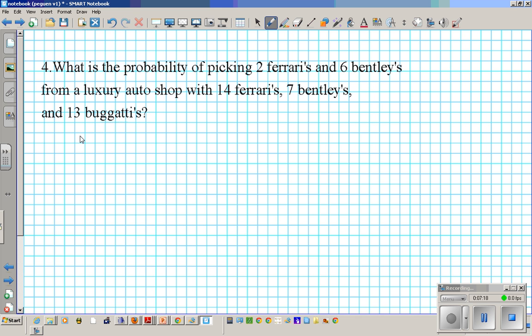It says, what is the probability of picking 2 Ferraris and 6 Bentleys from a luxury auto shop with 14 Ferraris, 7 Bentleys, and 13 Bugattis? So this is a combined probability because we have the keyword "and." So let's do this. Probability of success equals success over success plus failure. So the probability of 2 Ferraris and 6 Bentleys